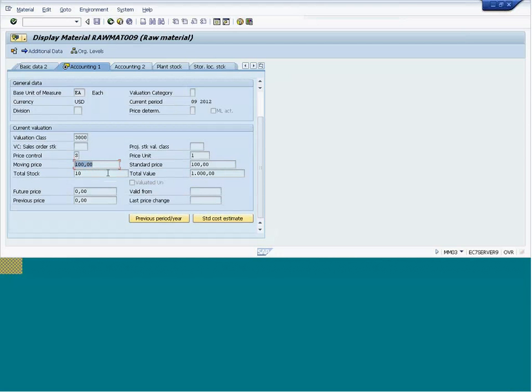You can manually see this is the moving average price. But that price control indicator is most important to find out. This is the indicator which is used, whether this field or this field. Okay. And then if I go and change,